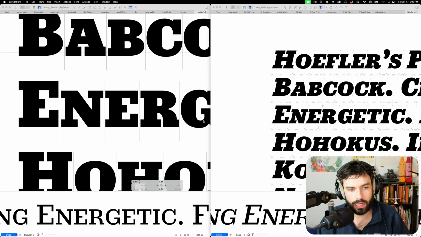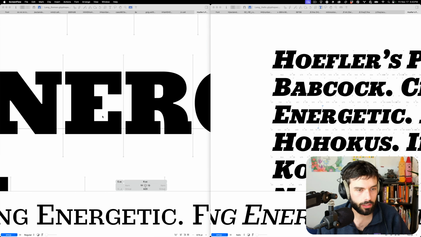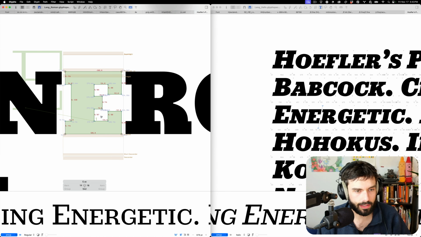One question I still had was, did I generate them at roughly the same weight, or pretty close to the same weight? And I just realized one pretty simple way I can test that is measuring the horizontal stem widths of, say, the letter E. I can also just see them together at the same scale, and to me, they look really pretty close. But just to think about it slightly more,